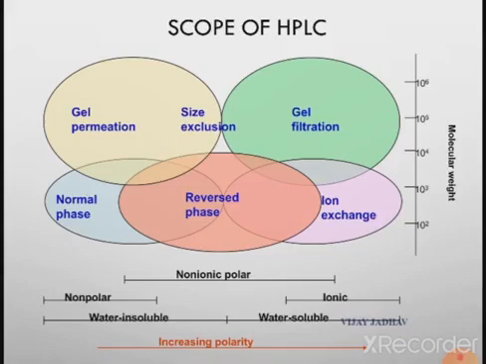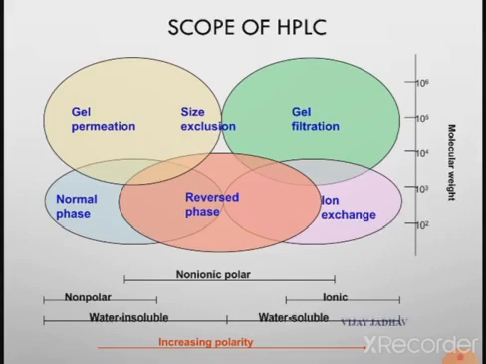HPLC is used to analyze non-polar compounds. HPLC is used for non-ionic and polar compounds, and HPLC is also used for ionic compounds. As well, HPLC is used to analyze water soluble compounds, and in some fractions it may be applied to sparingly water soluble compounds. So overall, HPLC is applicable to a number of compounds that are non-polar, polar and ionic in nature. So it has versatile applications.